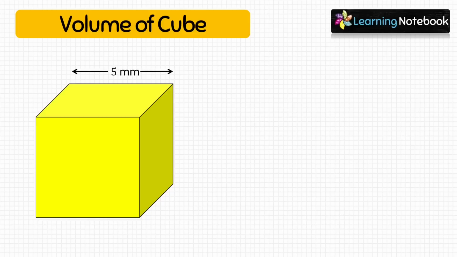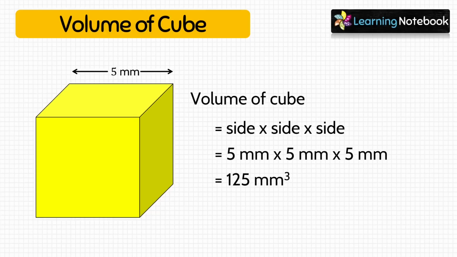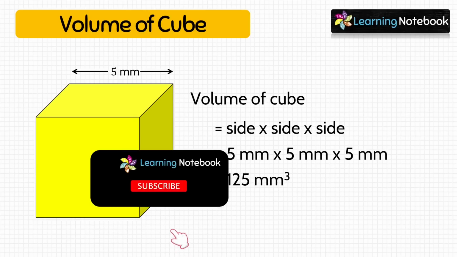So suppose we are given the length of one side of a cube as 5 mm, then we can easily find its volume using the formula side into side into side. So it will be 5 into 5 into 5, which is equal to 125. So the volume of this cube is